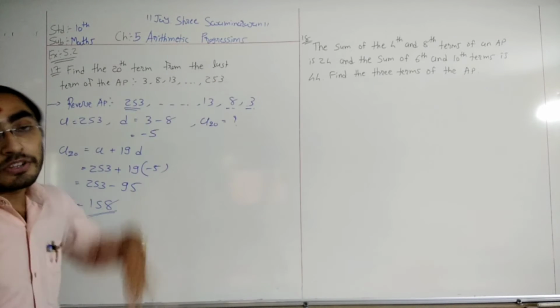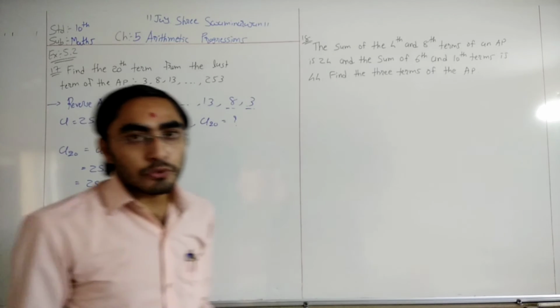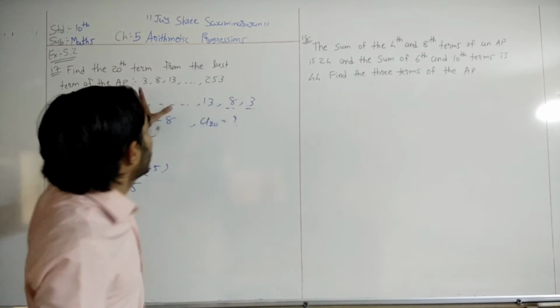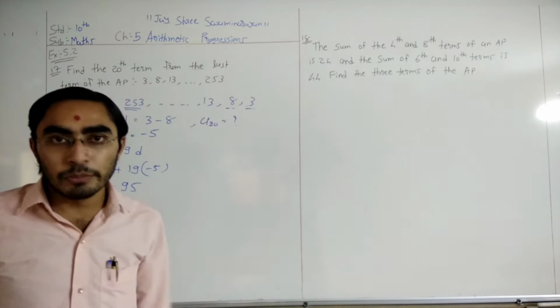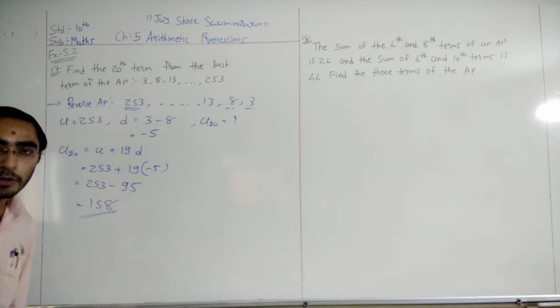Otherwise, from here we need to find the value of n. If we get n is equal to 20, so 20. First of all, we need to find the total number of terms. From that, we need to subtract 20, and again we need to put here the values. But